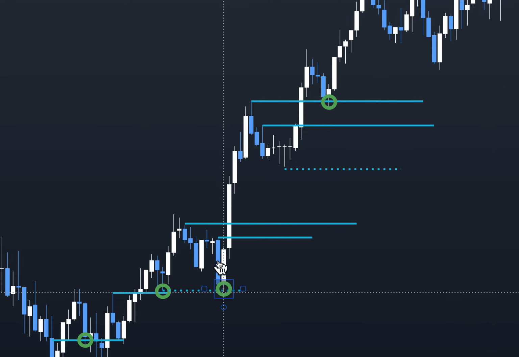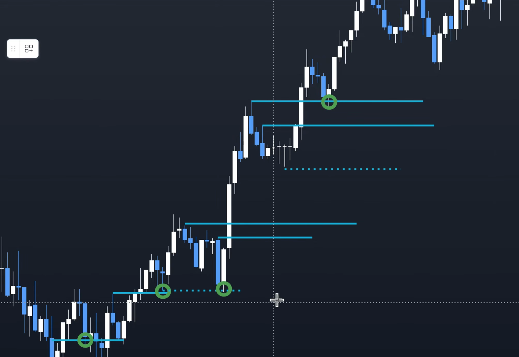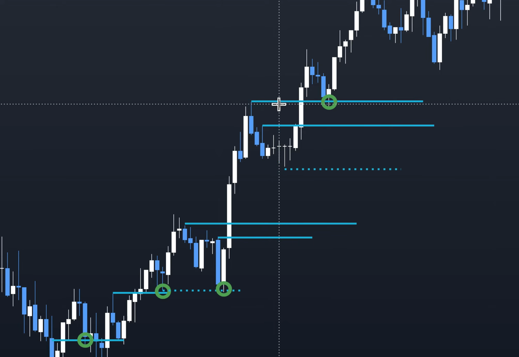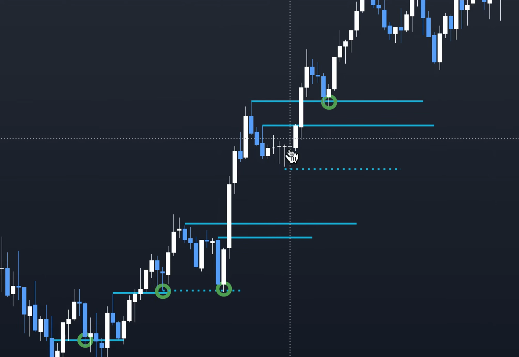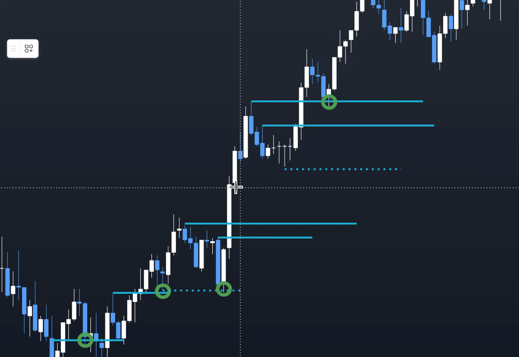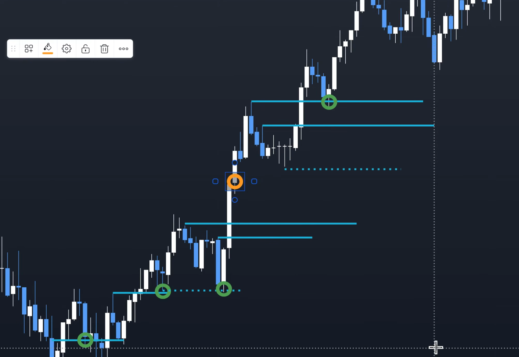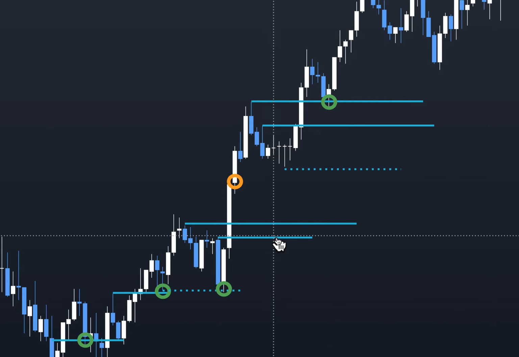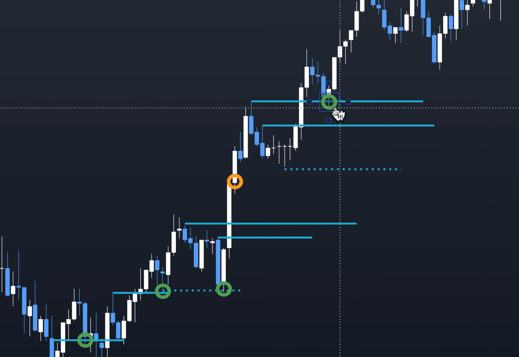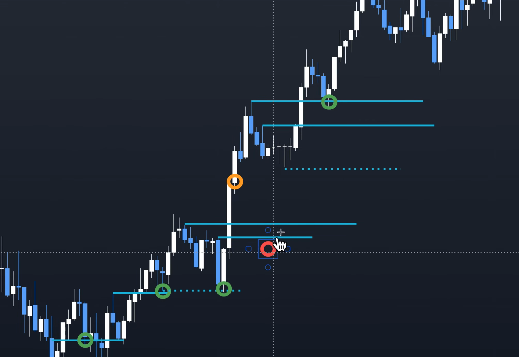Let's say you got in here and you had this big shoot up. You say, guys, help me. I'm up. How much would you be up right here? I'm up 30 points. Help me stay in this trade. Okay? Well, if you're going to do the double layer protection, I'm going to put a circle. Let's make this circle orange. Okay, when price is right here and it's skyrocketing up, if you had 2 layers of protection, your stop loss, which I'm going to do as red,